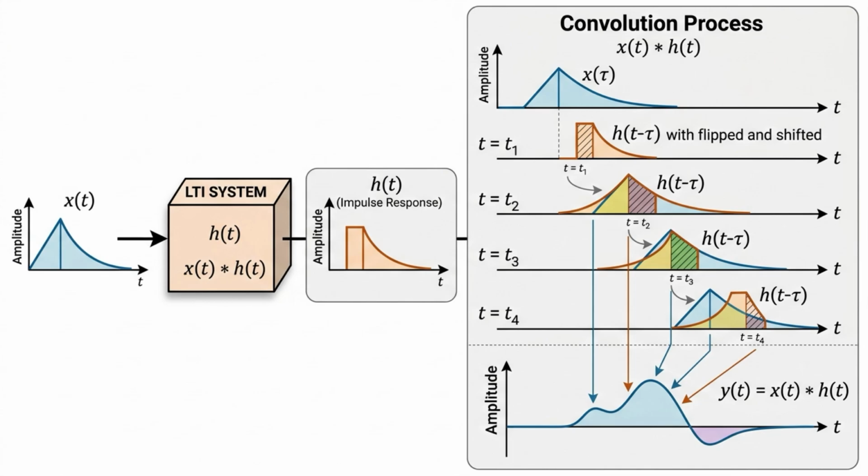If we know the input signal and we know the system, how can we predict the output? Testing every possible signal would be impossible. Fortunately, signals and systems theory provides a powerful mathematical tool that allows us to calculate the output of a system directly. This tool is called convolution, and it forms one of the most important foundations of signal processing and RF